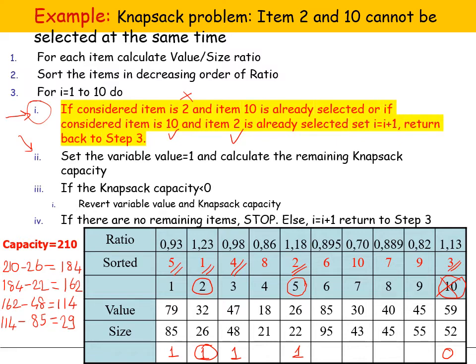We continue with item 6, but item 6 size is 95, which is larger than 29. We cannot take it. We continue with the next one, item 7, 45, again larger than my remaining capacity. I cannot take it. So 8, its capacity size is 21, so I can increase its value to 1, and